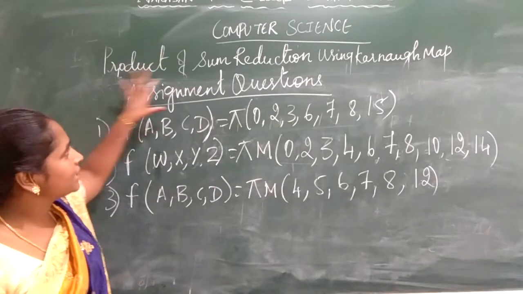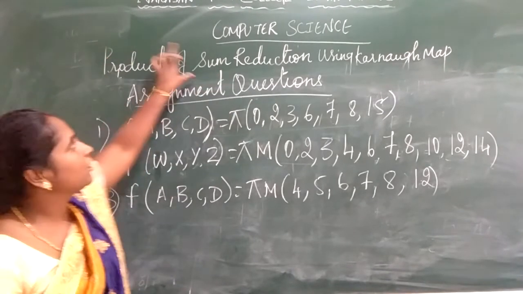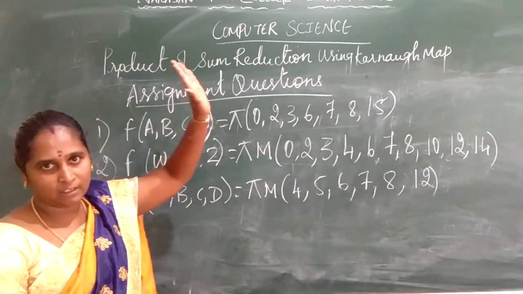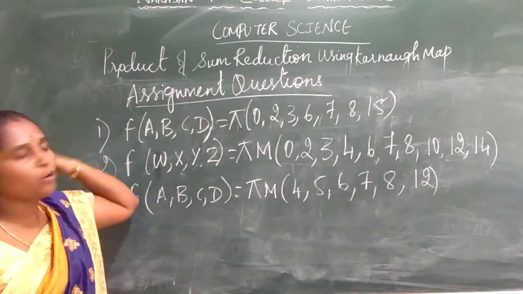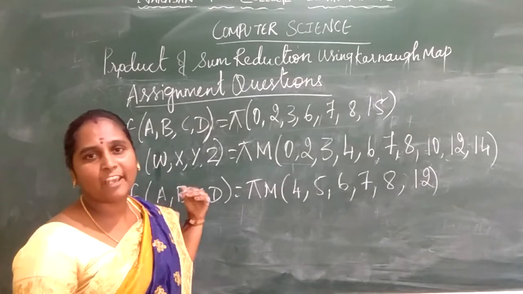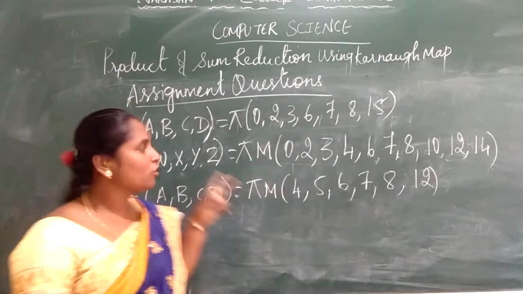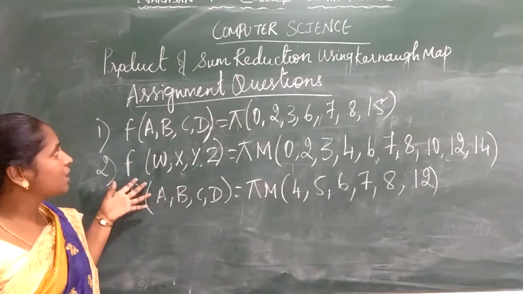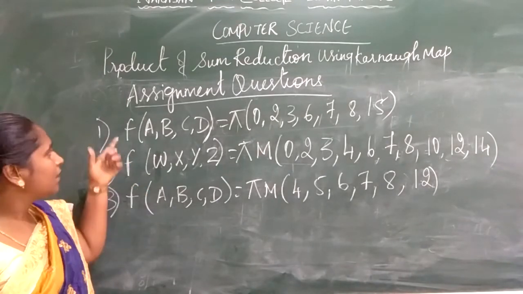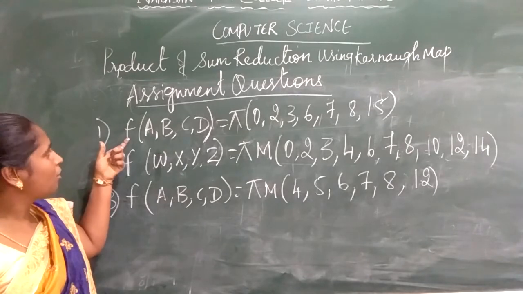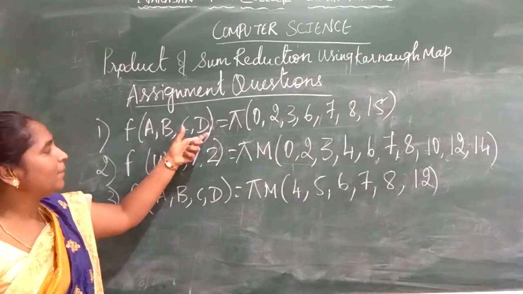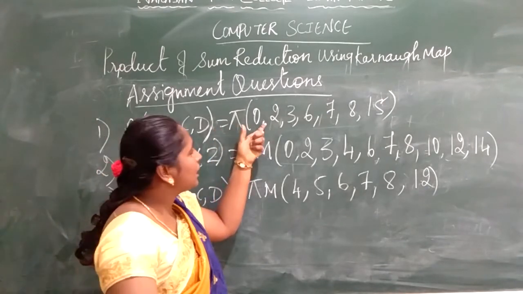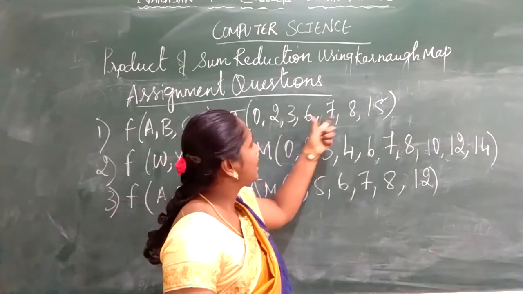Students, these are the assignment questions under product of sum reduction using Karnaugh map, or POS using K-map, or in other terms max term. You are using a max term, you are going to simplify the max term using the K-map. I have solved nearly 5 to 6 questions, so 3 questions I am providing for the assignment. I will just read out the questions. Function of a, b, c, d equal to pi of, pi represents your max term, 0, 2, 3, 6, 7,